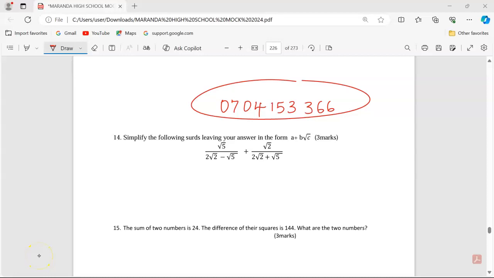We're going to answer Surds number 14. Simplify the following surds, leaving your answer in the form a plus b root c, for 3 marks. Root 5 divided by 2 root 2 minus root 5, plus root 2 divided by 2 root 2 plus